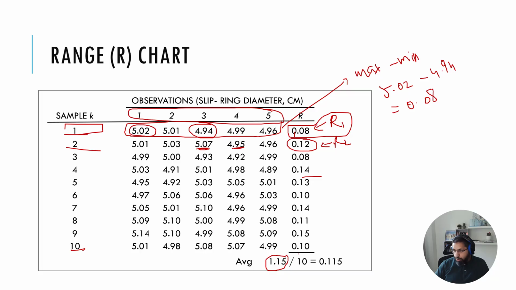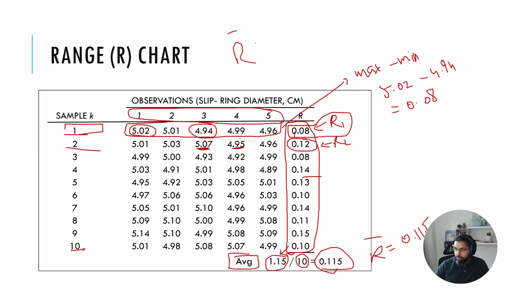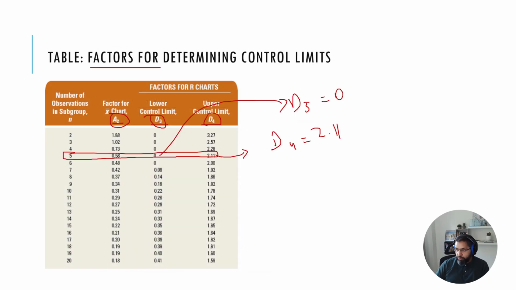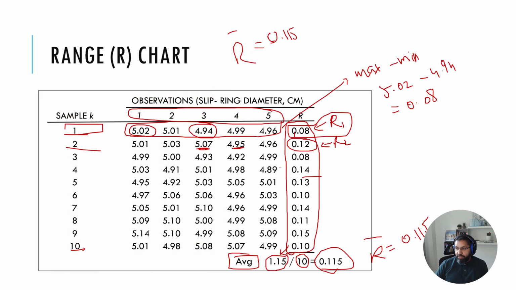Okay, so if I add up all of these 10 range values, the sum is 1.15. I divide by 10 because I have 10 samples, my K, and I get my average range to be 0.115. This is my R bar. So R bar equals 0.115. Let me write it here. R bar equals 0.115. I already know my D3 and D4 from here, so I have everything to calculate my